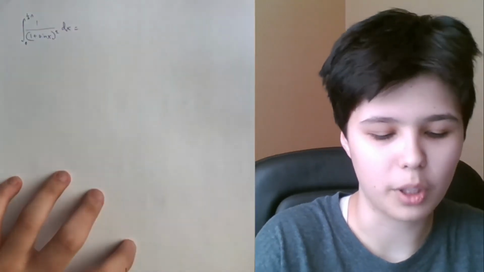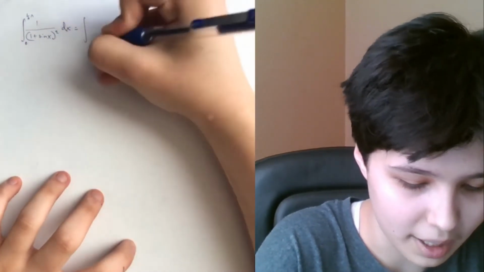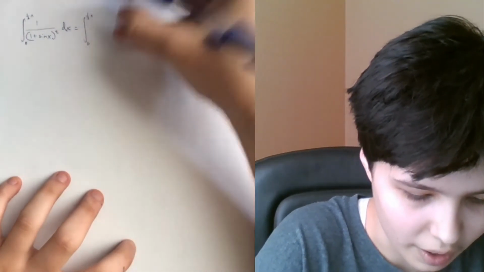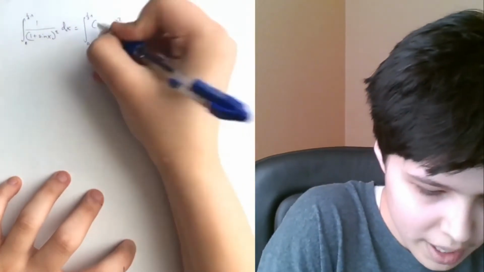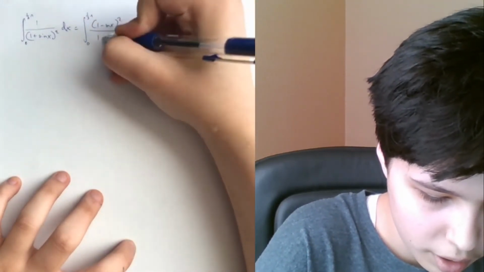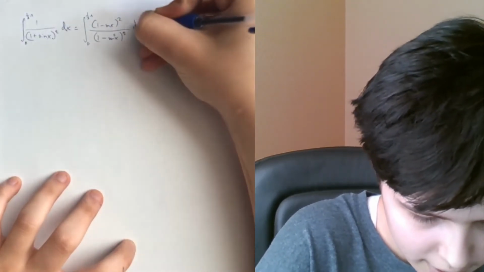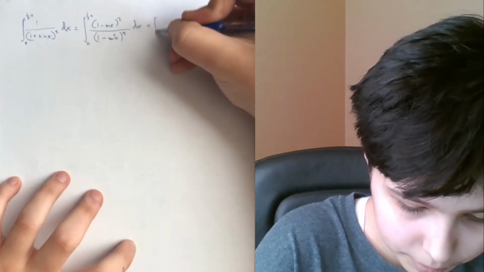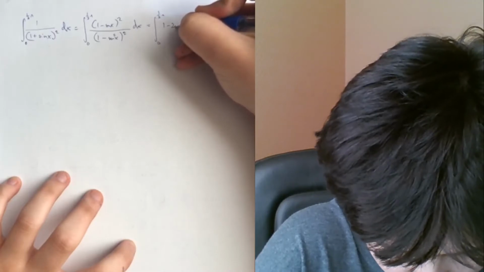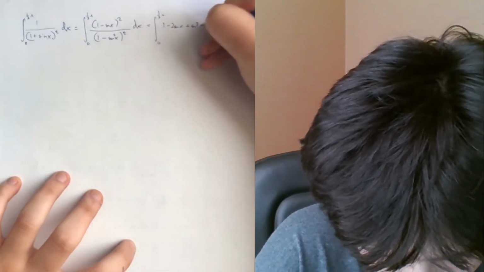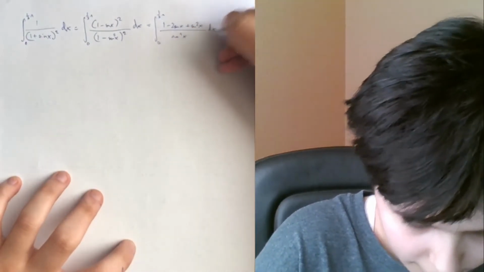So I'm going to multiply both sides by 1 minus sine x all squared, giving me 0 to a third pi of 1 minus sine x squared over 1 minus sine squared x all squared dx, which is equal to 0 to a third pi of 1 minus 2 sine x plus sine squared x over cos to the 4 x,